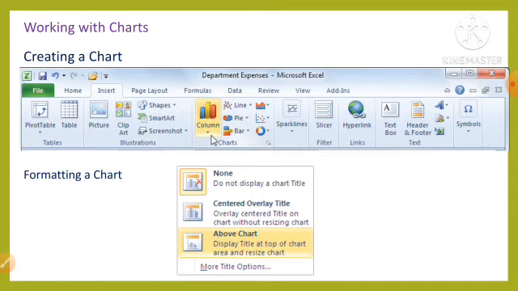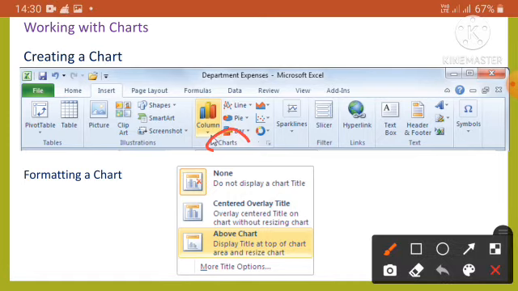So, as you know, Microsoft Excel provides 11 types of charts. Each of these chart types contains several subtypes of predefined charts. So, we can create any type of chart according to the data we want to represent. However, the idea is to select the correct chart to ensure the best visualization for our data. So, we can create an appropriate chart type under the Charts group in the Insert tab, as shown in this figure.